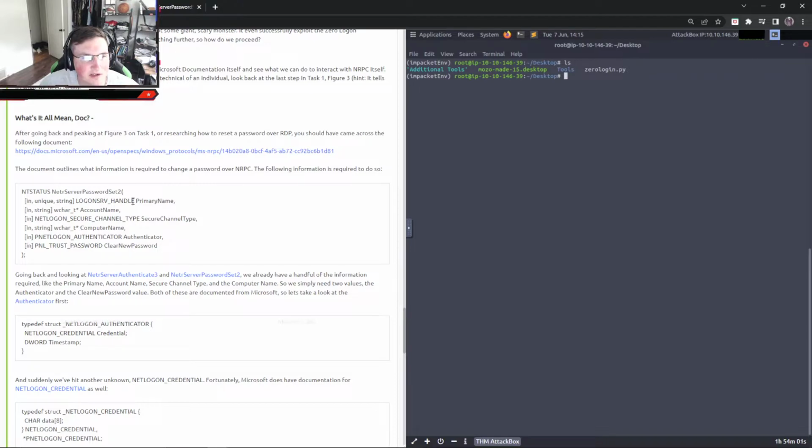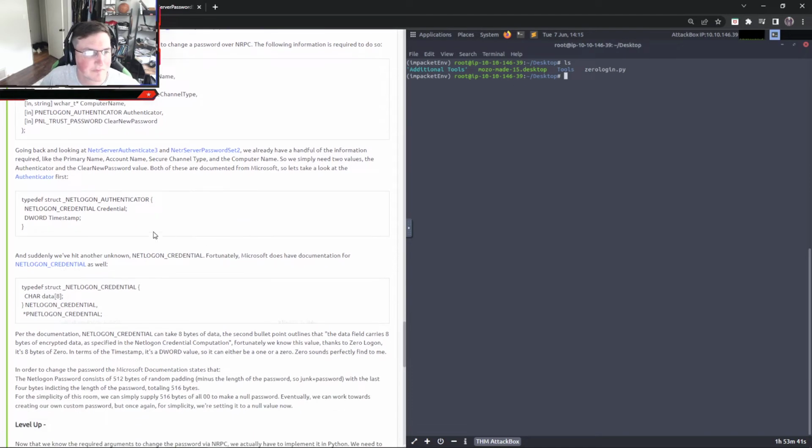They're going to require the primary name, the account name, secure channel type, computer name, authenticator, and the clear new password. So you can actually change that if you know what you're doing. You can make it whatever password you want and then change it. Or you could just set it all at zeros and leave the password empty, which would give you a null or blank password.